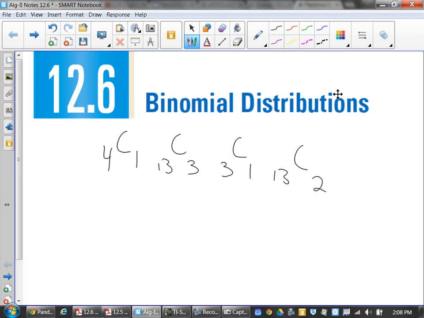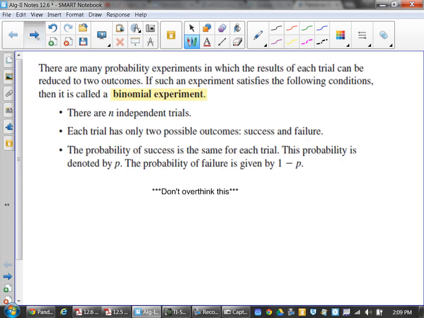When you're talking about binomial distributions with their probabilities, they're very simplistic to work with because there's really only a right or a wrong probability. There's a probability of success and a probability of failure. So you're really only dealing with two values. You're not dealing with the whole deck of cards or the whole rolling die or anything like that. You're dealing with certain styles of questioning that can only lead you to